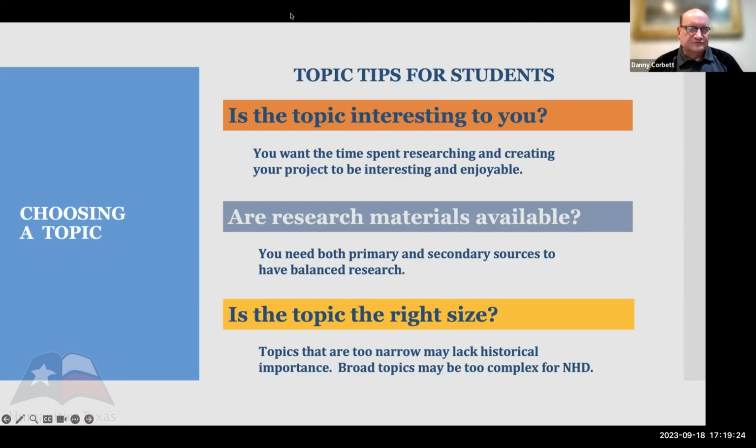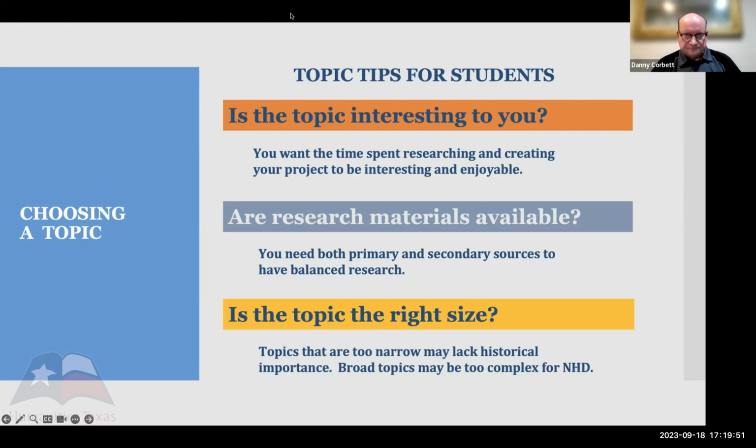For example, if someone picked a topic in early European history, they may find that a lot of their materials are written in another language that they can't read, and therefore especially those primary sources might not be as readily available. So looking for topics where the research materials are going to be available